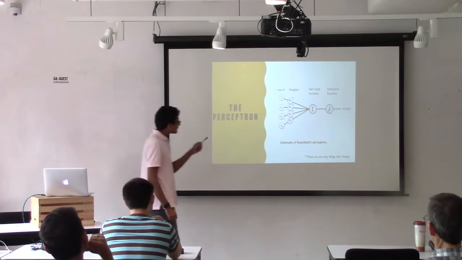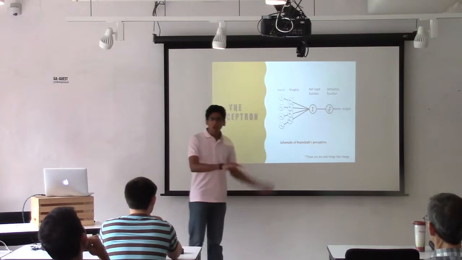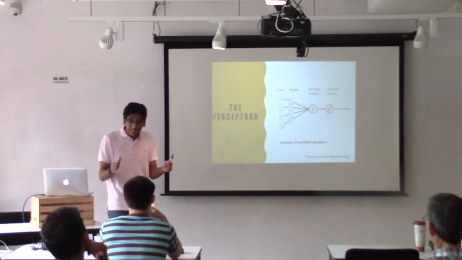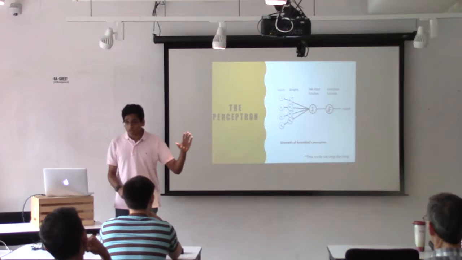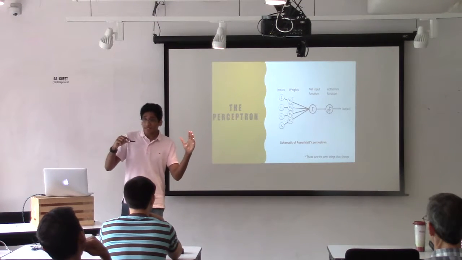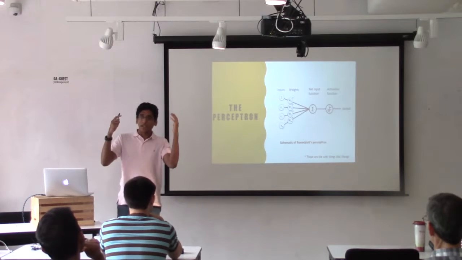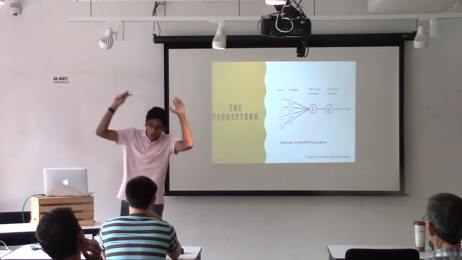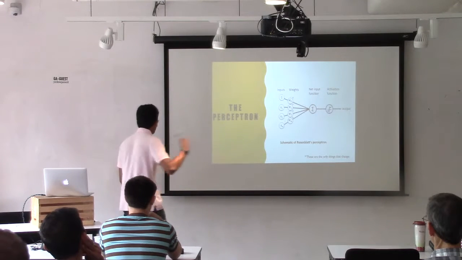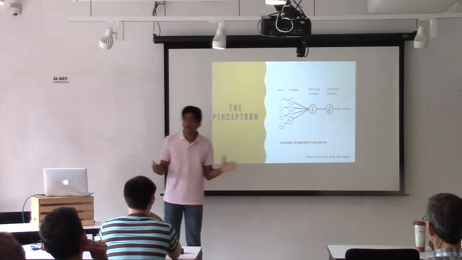Now, the weights in a neural network are the only things that change. And how do they change? It's really very simple. Let's say I shove in a bunch of inputs, I get an output, and my output is wrong. If it's lesser than it's supposed to be, I'm going to increase the weights. If it's more than it's supposed to be, I'm going to reduce the weights. That's all that's happening. And that's happening over and over and over again until we get to the right answer.